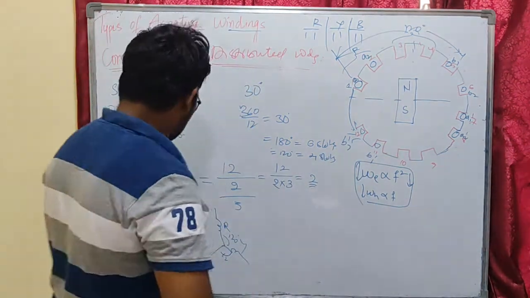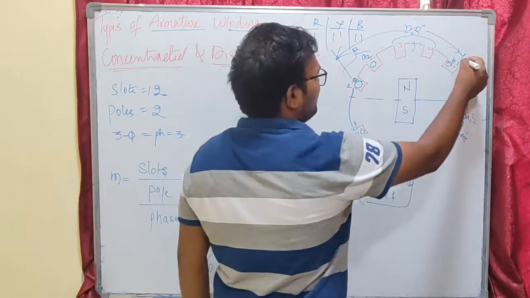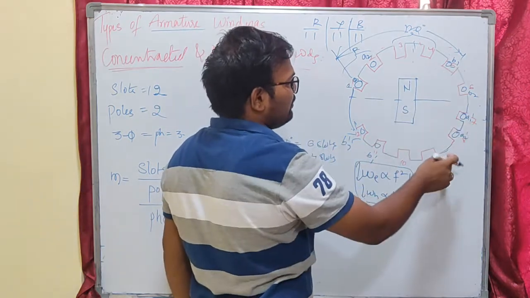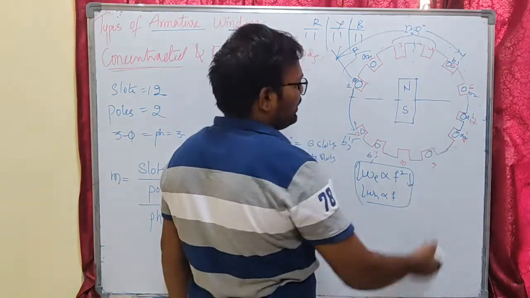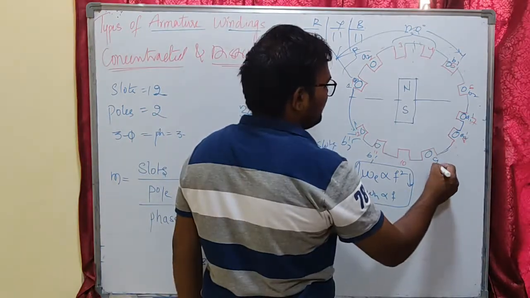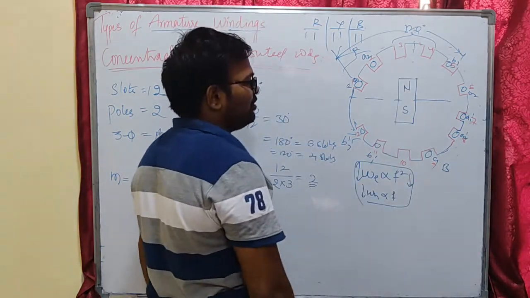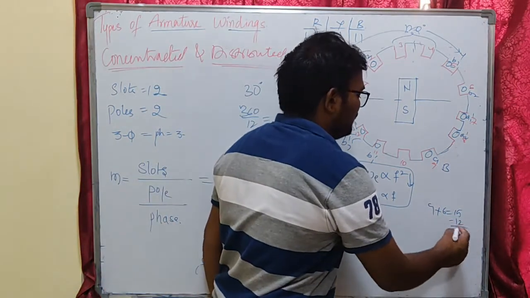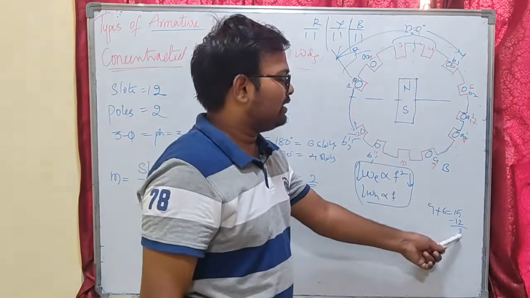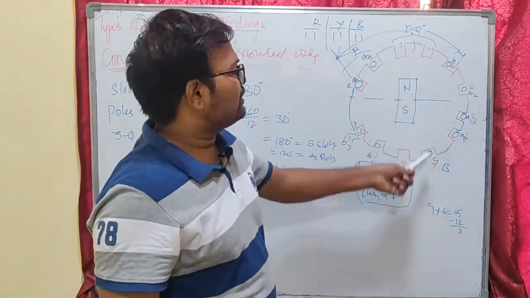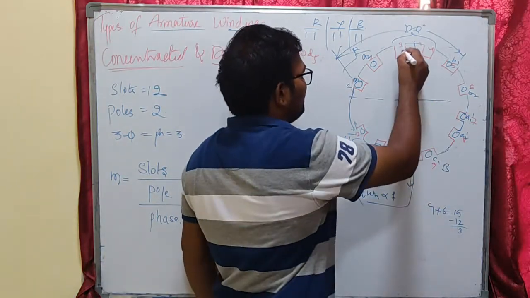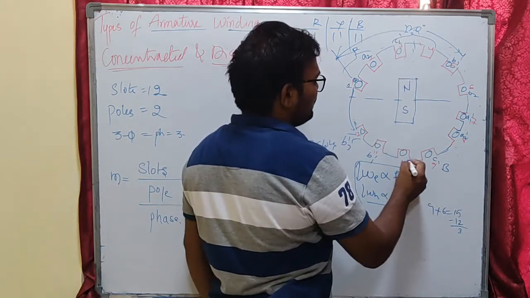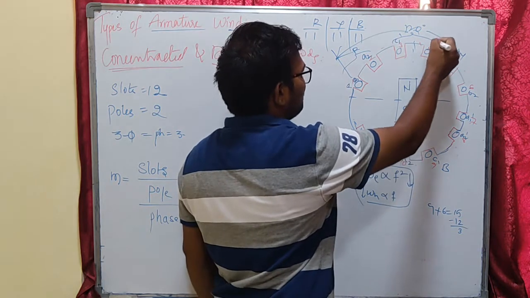Okay, and I am going to keep the B phase 120 degrees away from the Y phase. So if I keep the Y phase in the 5th slot, I have to keep the B phase after 4 slots, that means in the ninth slot I am going to keep it as B phase. Okay, that is C1. I am going to keep it after one pole pitch, that will be 6. Okay, 9 plus 6 is nothing but 15. So we will be having only 12 slots, so I am going to reduce by the number of slots. That will give the slot that should be kept in the winding. That means after 9 I am going to keep the other side of the coil, that if this is C1, I am going to keep the other coil side in the third slot, that is C1 dash. If the second coil of the B phase is placed in the 10th slot, the other coil side will be placed in the 4th slot, that is B2 dash.